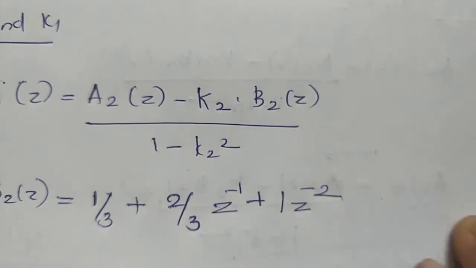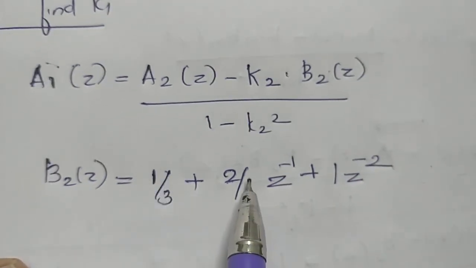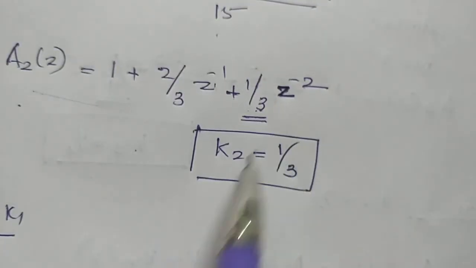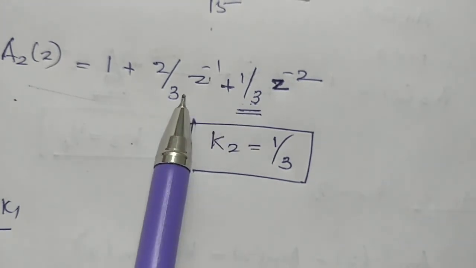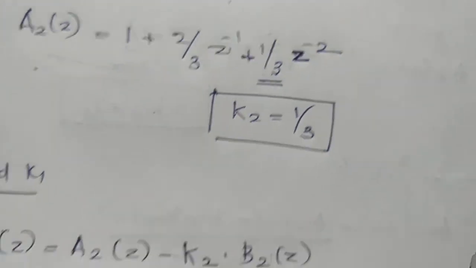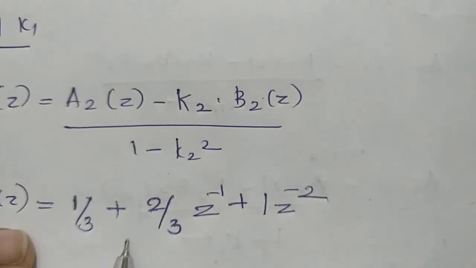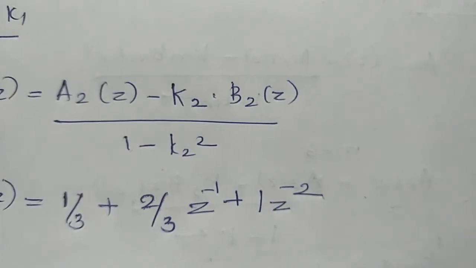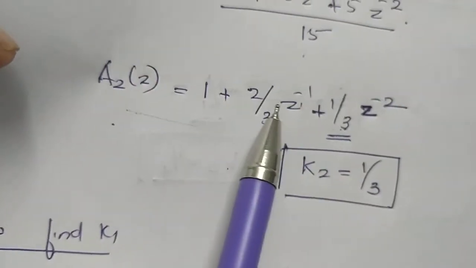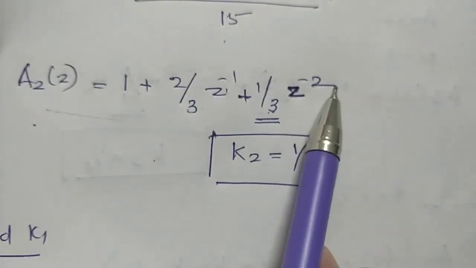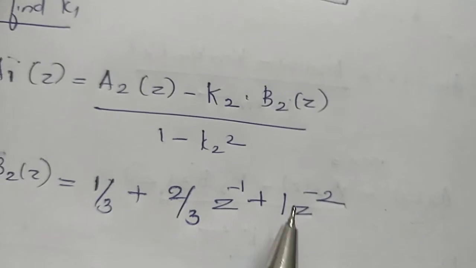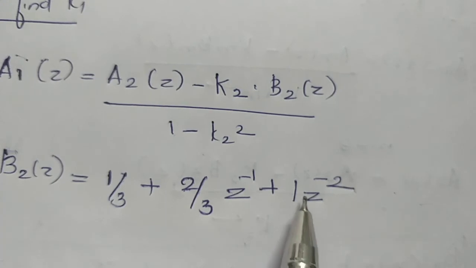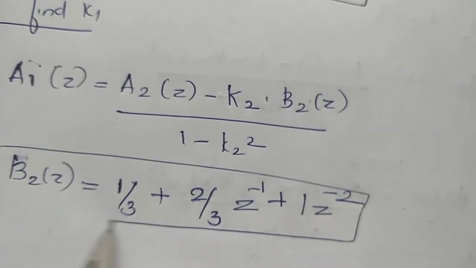So it is going in such a fashion that first the constant, that is the first term from the last term, then the second last, and so on. We are writing it in the reverse order, and the z term is like this. First there is no z term, second z inverse, third z raised to minus 2, then z raised to minus 3, like that it is going. So here A2 of z will have terms up to z raised to minus 2 only. B2 of z is equal to 1 by 3 plus 2 by 3 z inverse plus z raised to minus 2. So this is the value of B2 of z.